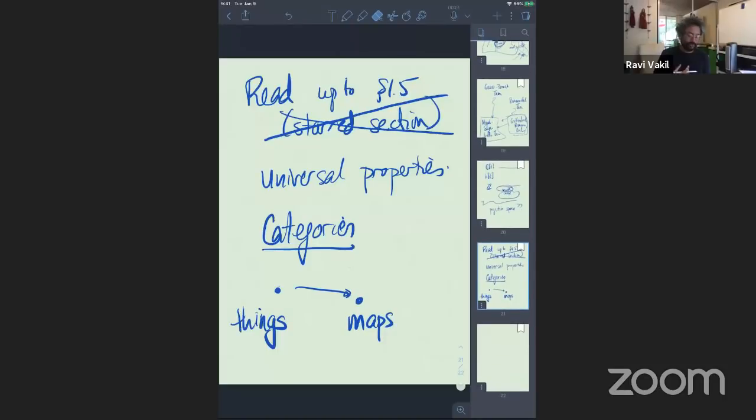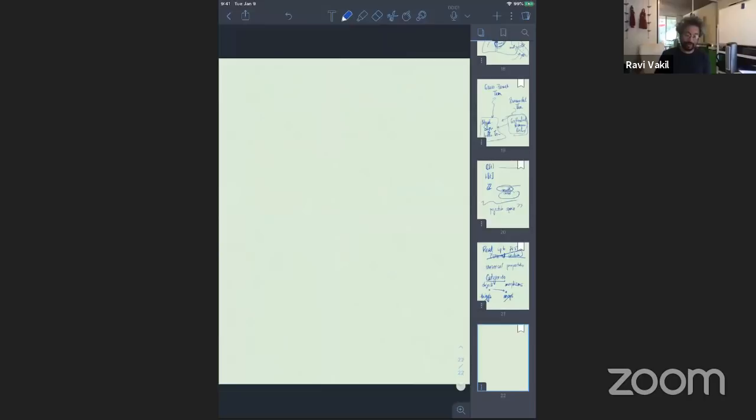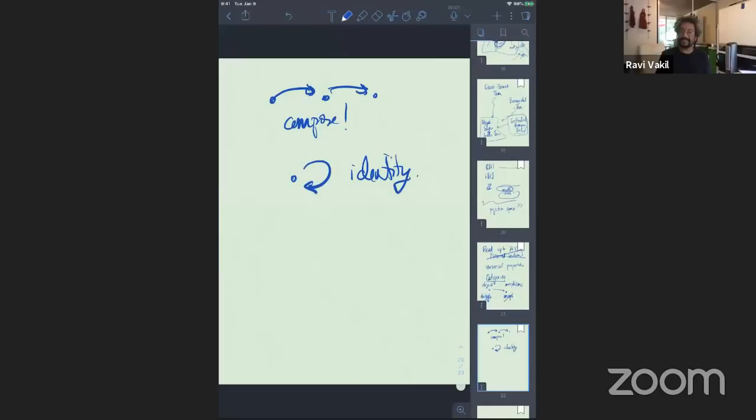So what's a category? You've got a bunch of things, and we have to be fancy, so we don't call them things. We call them objects, and we don't call them maps, we just call them morphisms. But you already know what they are. And what property do these things and maps have in all the examples you know? Well, you can compose two maps so long as the target of one map is the source of another. You also know that given an object, there's a notion of an identity map. If it's a vector space, it's the identity matrix. If it's R to the n, it's the identity matrix. If it's a set, it sends every element of the set to itself.